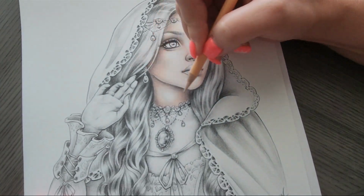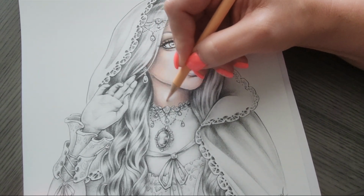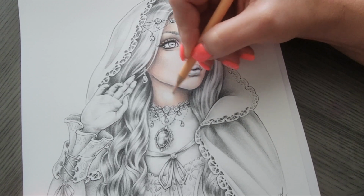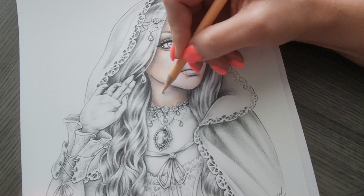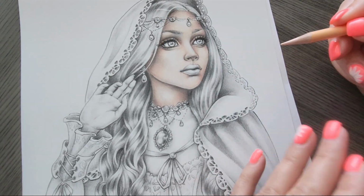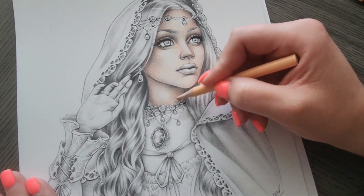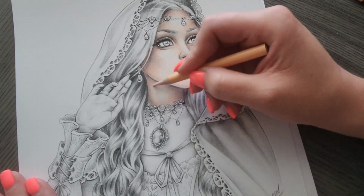Let's go down to her neck. Often with the neck, hands and chest, I don't end up doing as many layers. Sometimes I'll just do one or two because they get to where I need them to be a little quicker because there's less contours, and the face is where you focus a lot of your time and effort, but